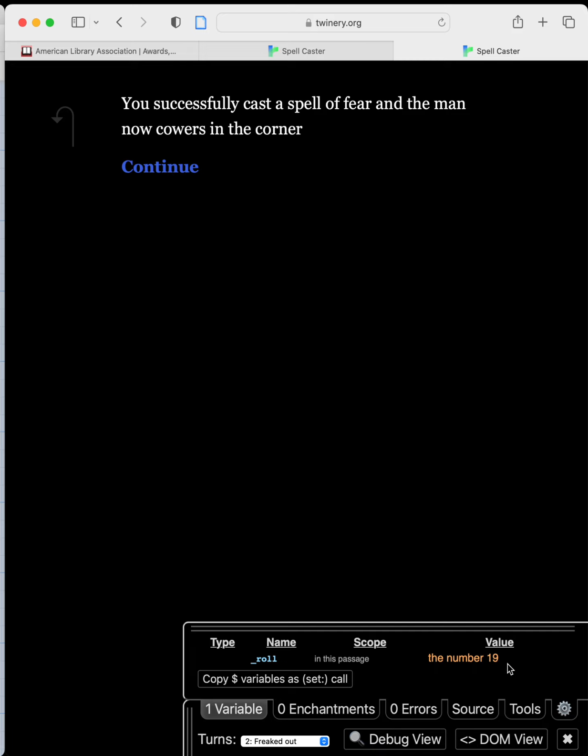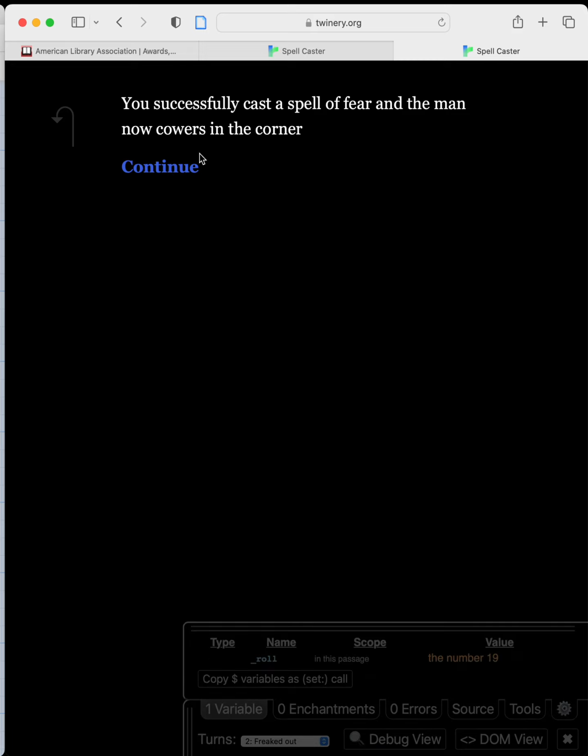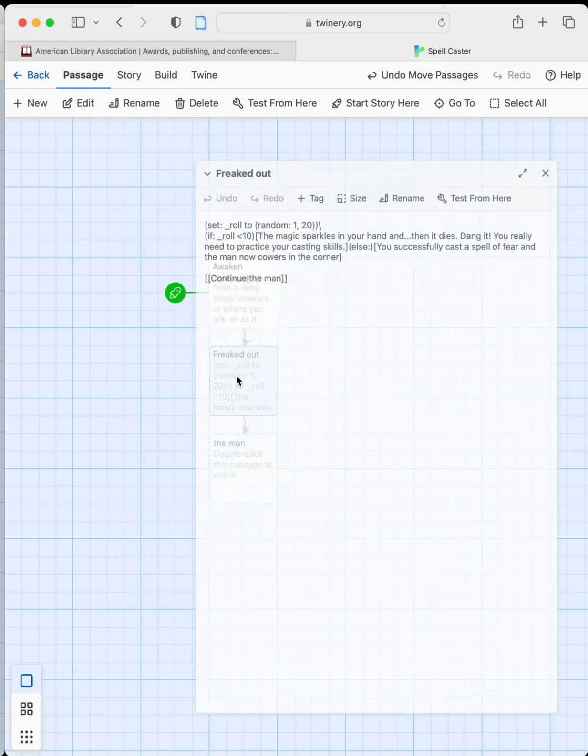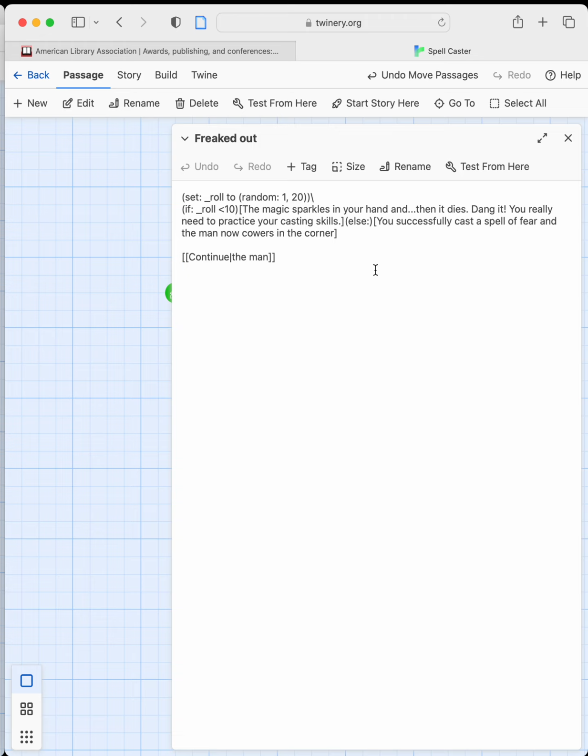So our player essentially rolled a 19 and has successfully cast this spell, meaning that now that we're back in the game, we could allow for something different to happen. So what if instead of continue to the man, let's get rid of that, and let's say